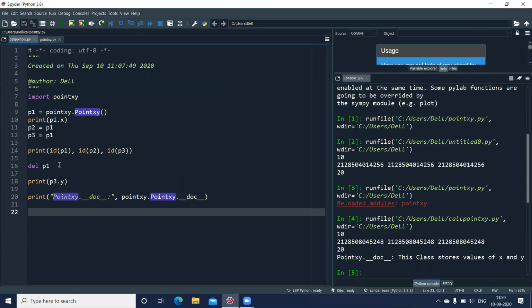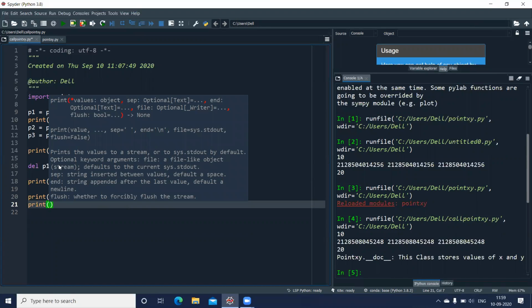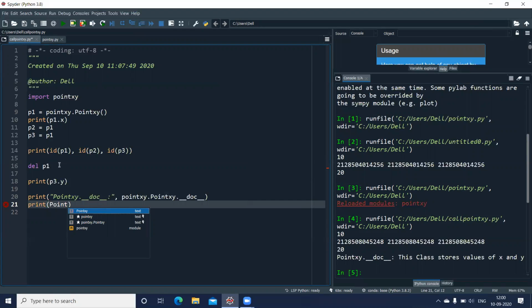Similarly, there are other attributes as well. So I'll quickly type all the attributes. The other one is, say it is the name of the file, so I'll directly print it at Point.xy dot double underscore dict. Now this is regarding the dictionary. It contains the class namespace here, and because I have to make use of this Point.xy dot.